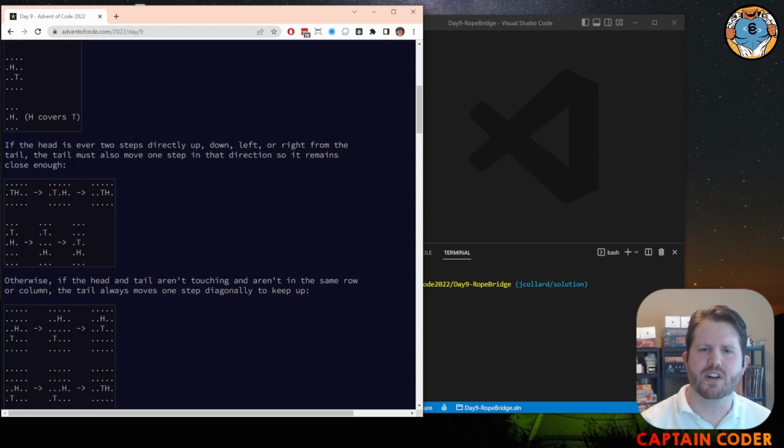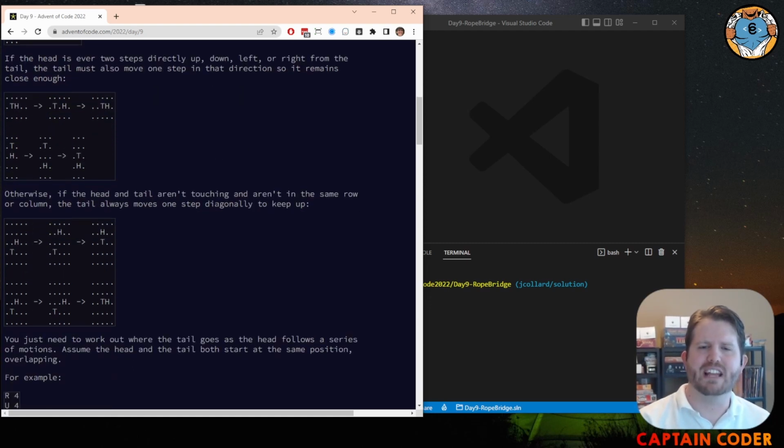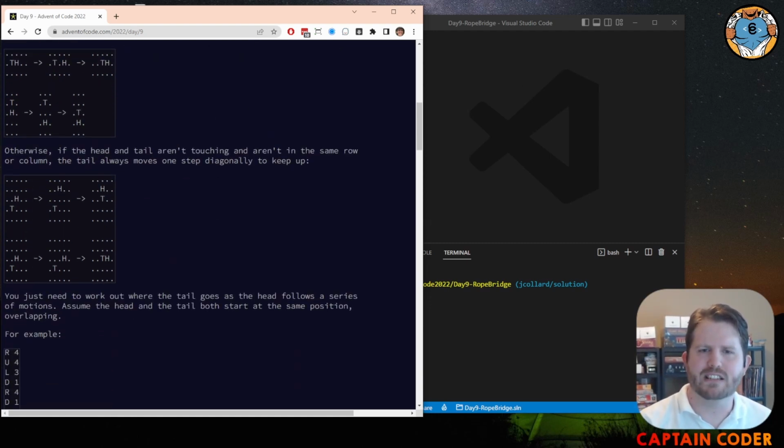and staying orthogonally adjacent. If the head, however, moves diagonally away from it, so for example, if it was in the position to the top right of the tail and it moves up, it is now diagonally away from it. The tail also moves diagonally so that it will remain adjacent after the move. This happens in each direction, and so the tail can move into one of 8 spaces depending on where the